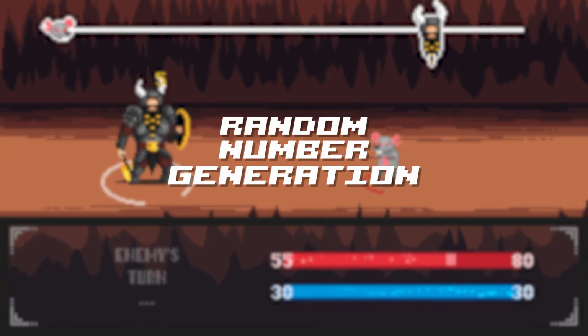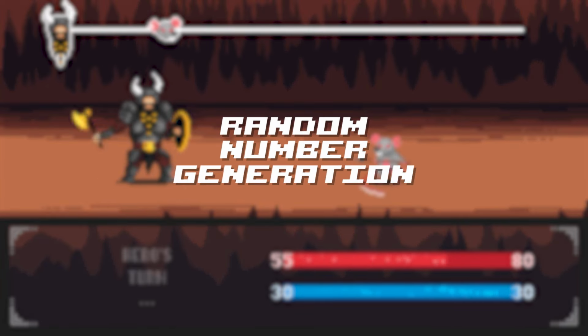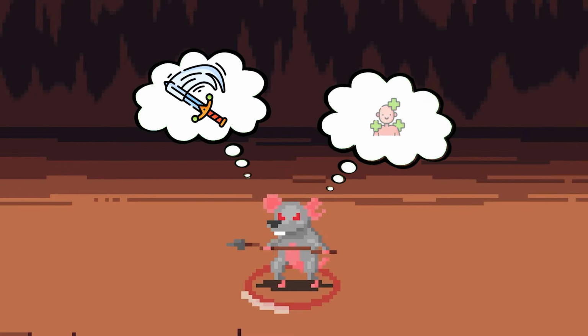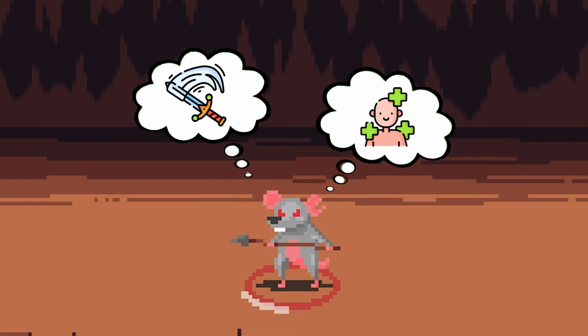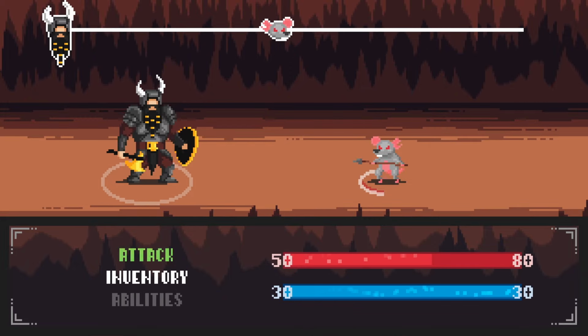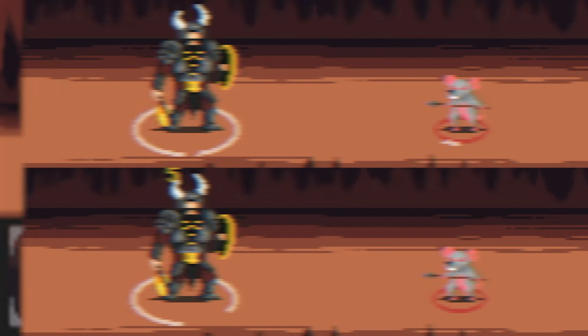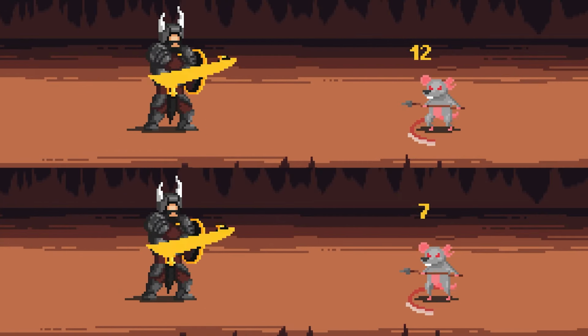That's why we introduce RNG and specific chances for different actions, meaning every round is different. You can only guess how the enemy reacts to your attack and what their response will be. The only thing we need to introduce such features is the built-in random library that comes with Python and some creativity. In this video, I'll show you my way of implementing damage range, missed attacks,